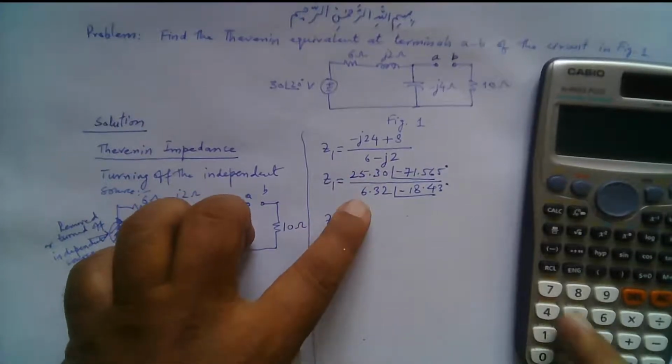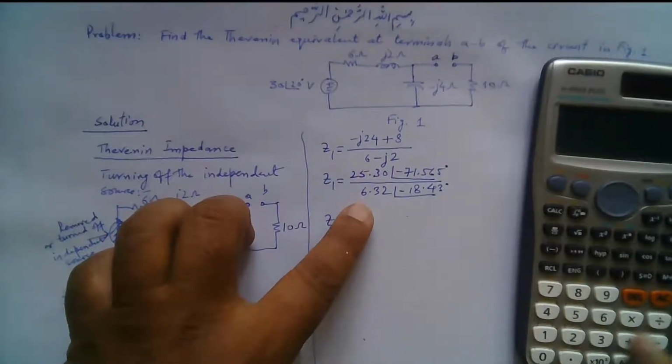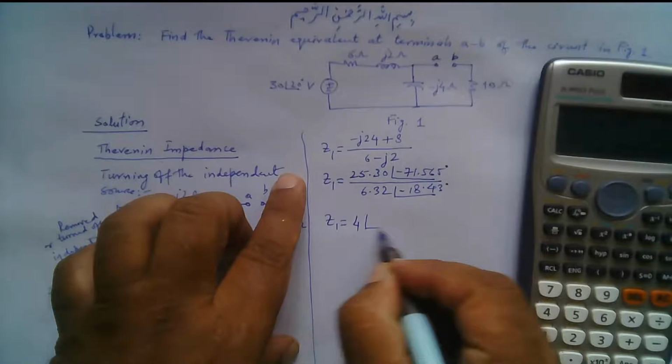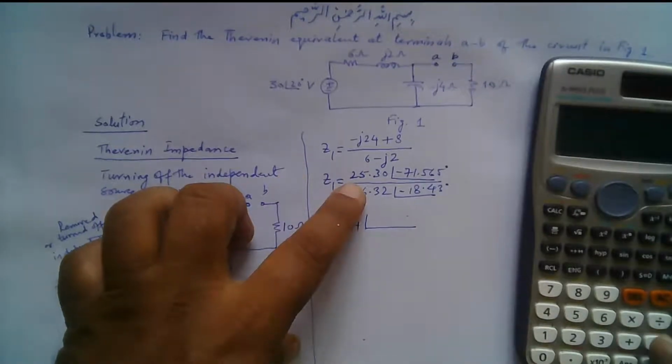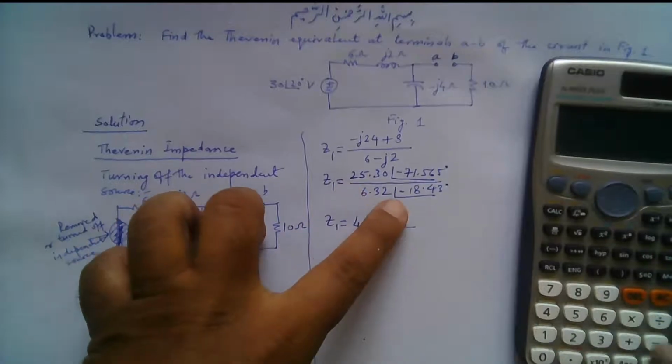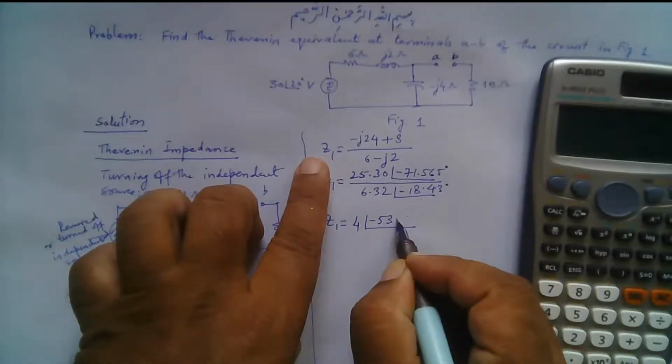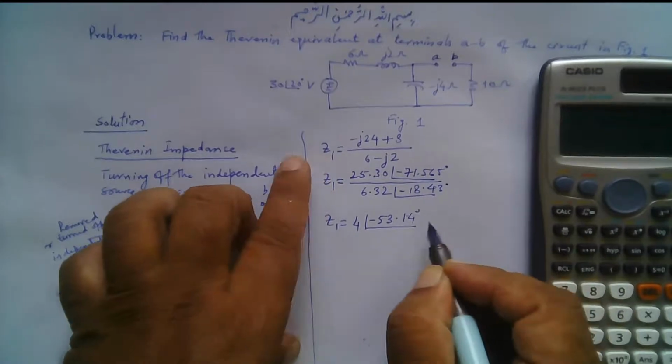So 25.3 divided by 6.32 is equal to 4, and the angle is minus 71.565 plus 18.43, so that is minus 53.14 degrees